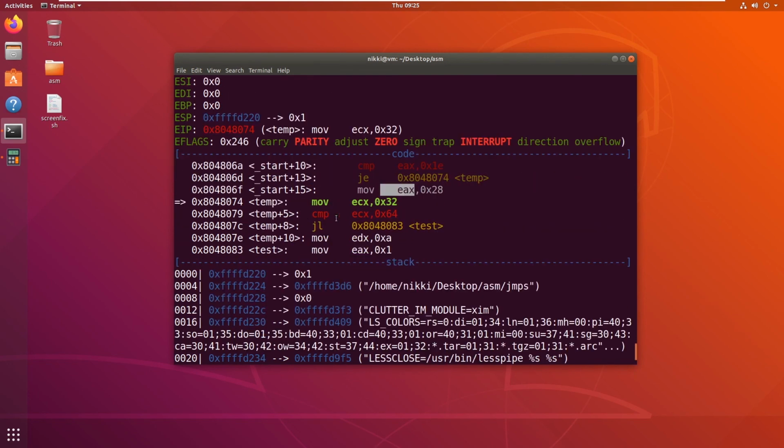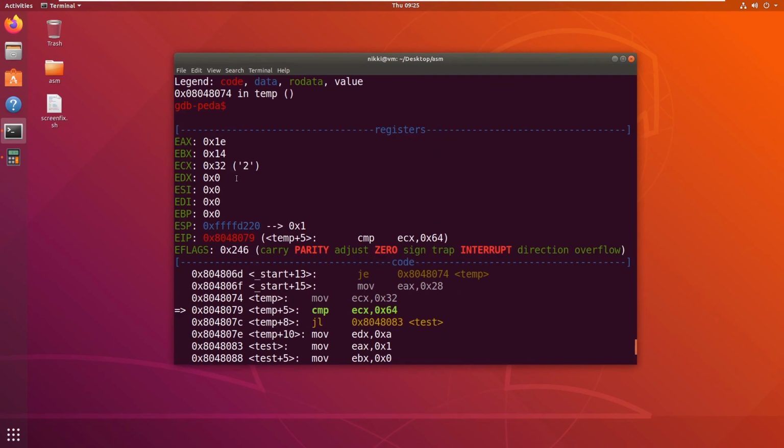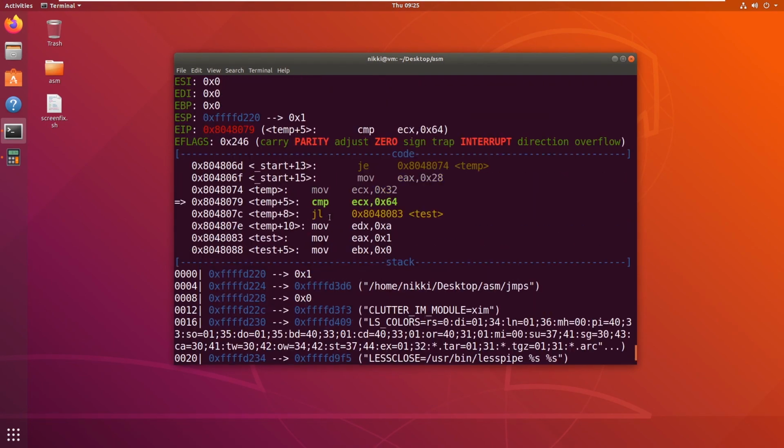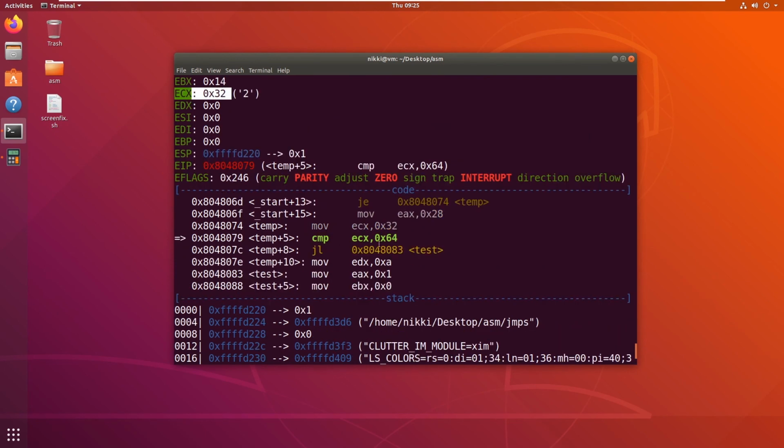Now we are moving 32 into ECX. So now ECX contains 32, that's fine. Now we are comparing ECX with 64.